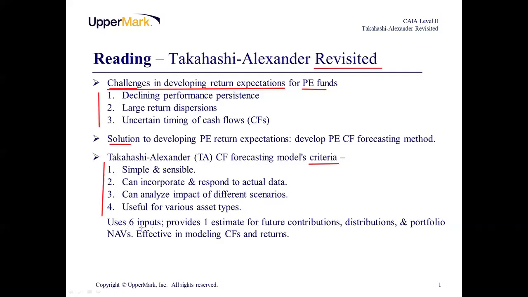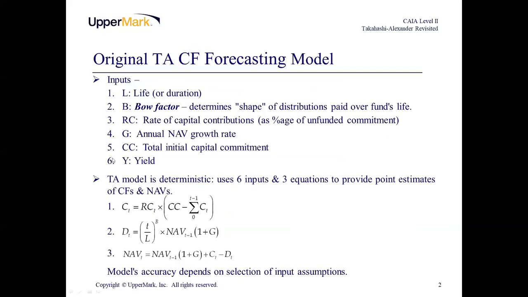And that original model had 6 inputs, and it gave 1 output, 1 estimate. The output of cash flows being for contributions, distributions, and the NAV of the fund. What we are asked to know is what the inputs are for the original Takahashi-Alexander model. So you should know these. These are the 6 inputs. And then, of course, the Bow factor that describes the distributions that are paid by the fund to investors is